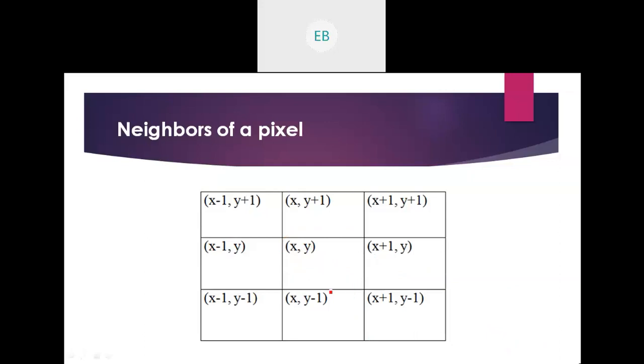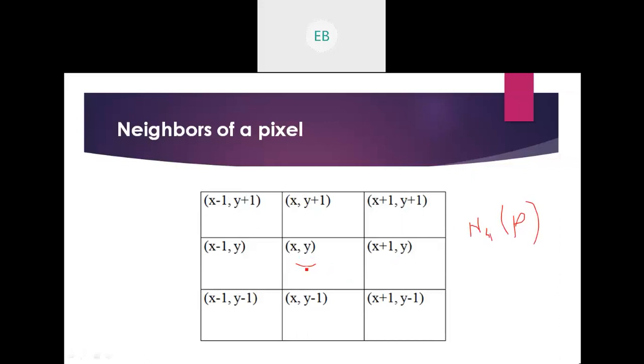By this convention, I'm going to name all the pixels here, that is, give coordinates to all the pixels present here. Again, this is x, y. So this will be x plus 1, comma y, this will be x minus 1, comma y, and beyond. Now I'll define the first concept, that is N4(p), N4 of p. Suppose I'm taking this as p of x, y.